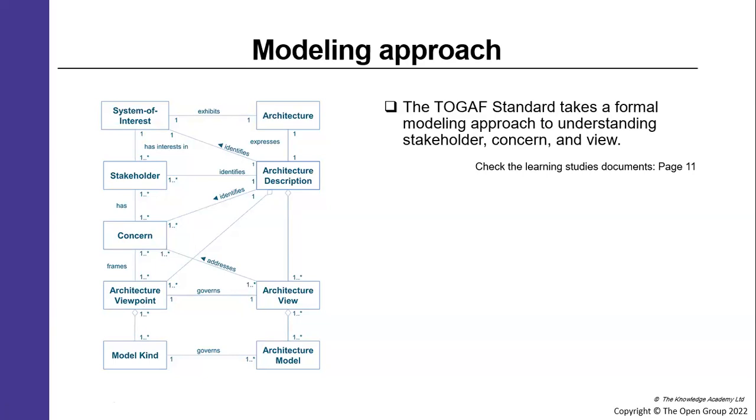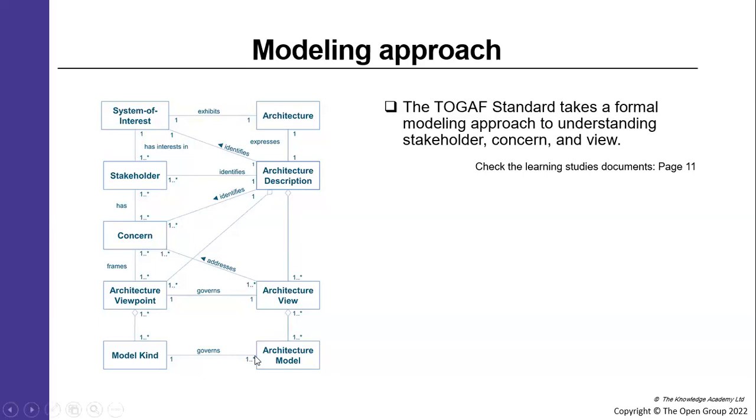Sure. Let me clarify it for you. If you look here, this is called a modeling approach. Now, what exactly does it show? For example, the stakeholder, the views and the concerns are basically explained in terms of a single architecture. If I do an architecture, the stakeholder part, the view and the concerns are explained together. Got it? But what is this picture representing? I'm trying to understand. I didn't correlate the explanation to that.